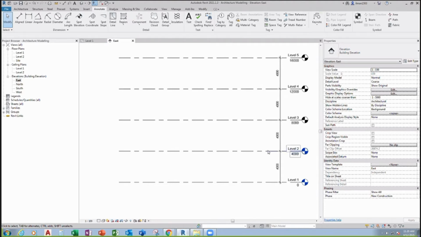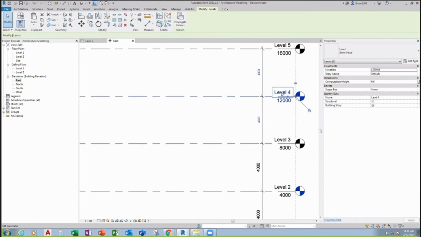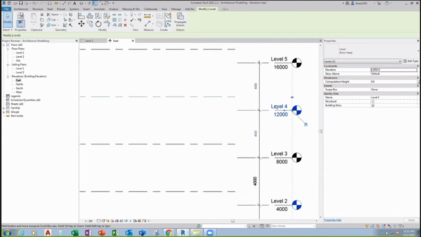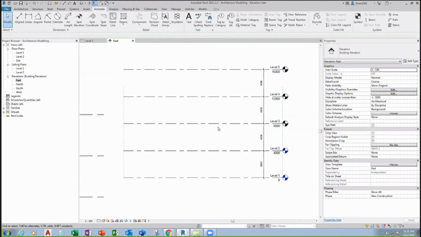So make sure that your drawing area has level 1, level 2, level 3, level 4, level 5, and every distance of the level is 4,000. And for some of the levels, for example level 5, you can rename it by clicking on the grid, on the level, and click the name. So rename it as level 5. Okay. If everybody done,